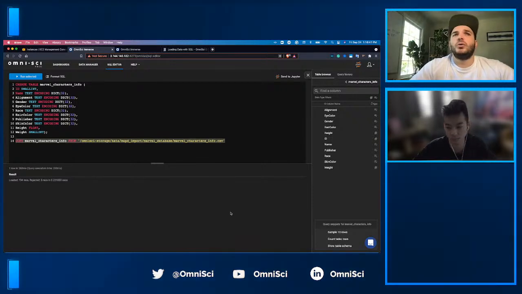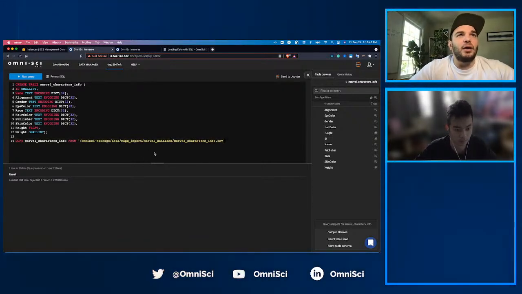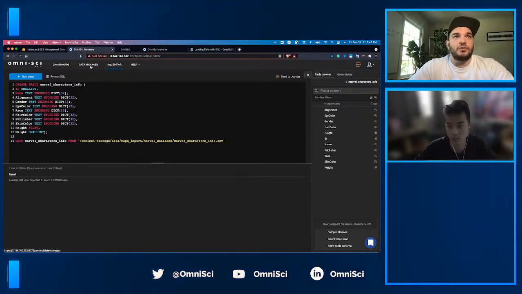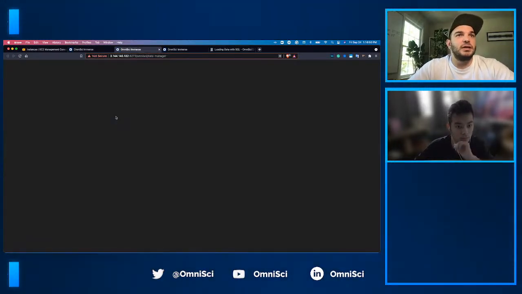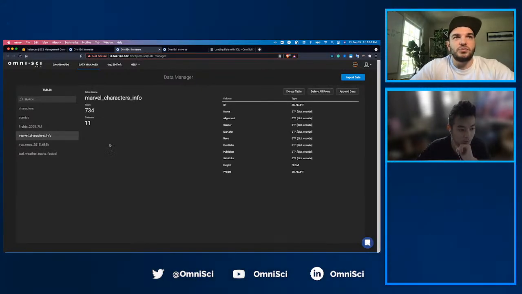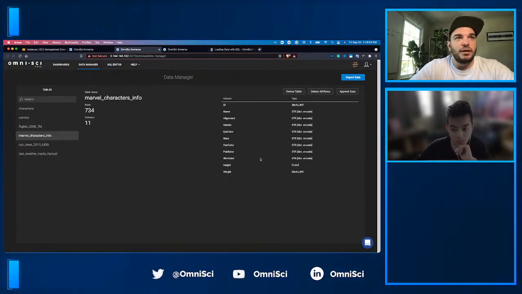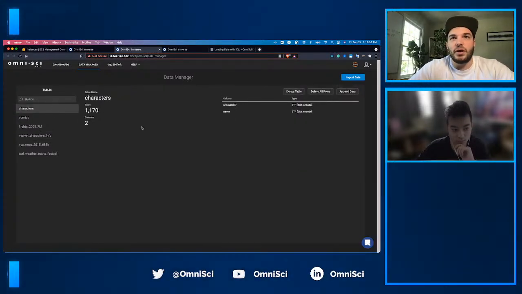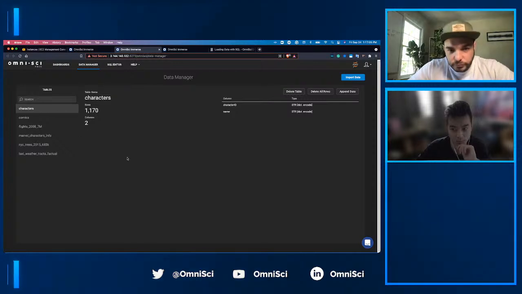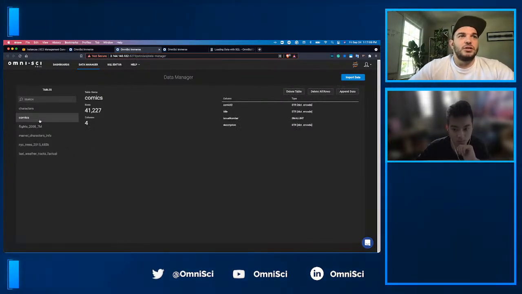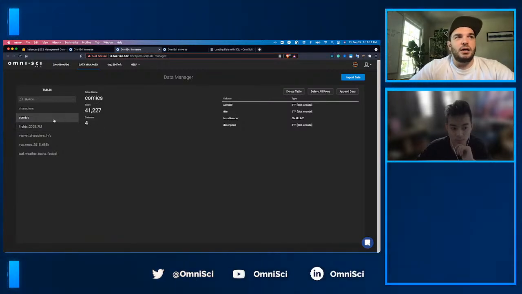All right, so let's go ahead and take a look at a couple other methods real quick. Actually, let me open this in another tab so we could see. So now you could see when we open up our data manager, we have the Marvel character info. This is what we created and then loaded into, and then we have the characters table that we did our drag and drop before. All right, so I actually want to call attention to this comics table right here. So this comics table, I already loaded this into OmniSci